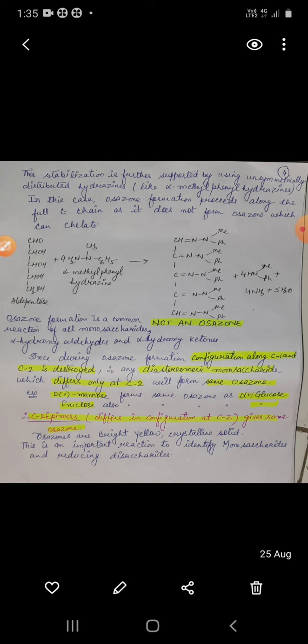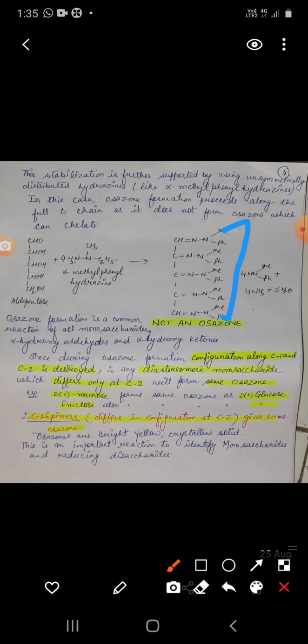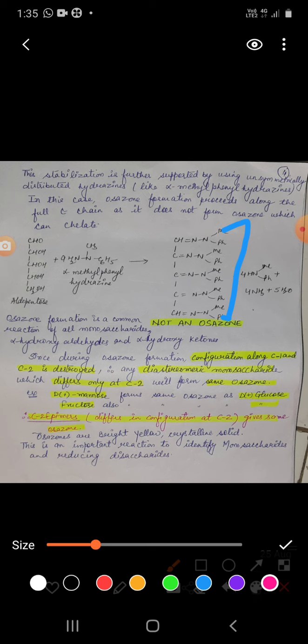So keep it in mind that this type of compound is not an osazone. This is a simple addition molecule, but this is not an osazone molecule. Okay, and osazone formation is a very common reaction for all the monosaccharides. जितने भी हमारे मोनोसेक्राइड्स मॉलिक्यूल्स होते हैं, या अल्फा हाइड्रोक्सी कीटोन या अल्फा हाइड्रोक्सी ऑल्डिहाइड्स, ऑल दीज मॉलिक्यूल्स दे फॉर्म ओसाजोन. ओके,